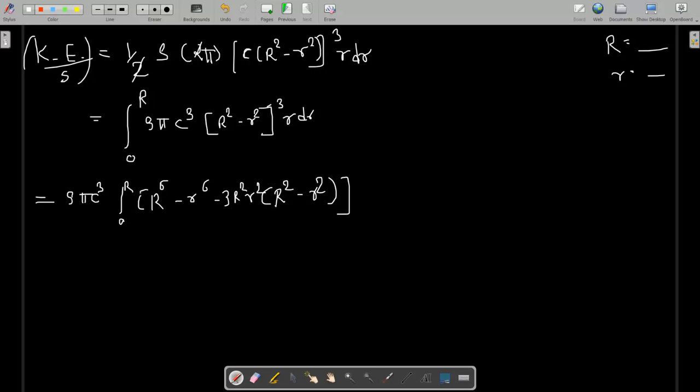Okay, for this, don't forget this r, because in exam many students will forget this r. Okay, so rho pi c cube